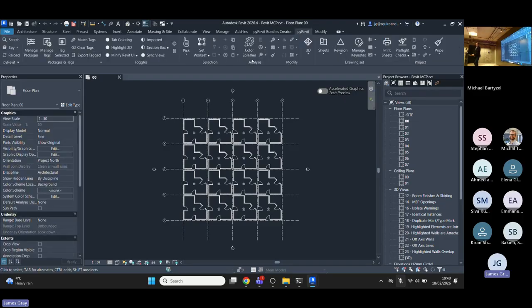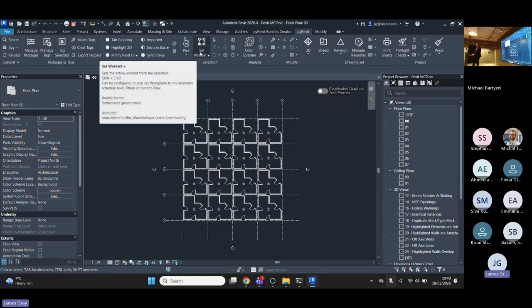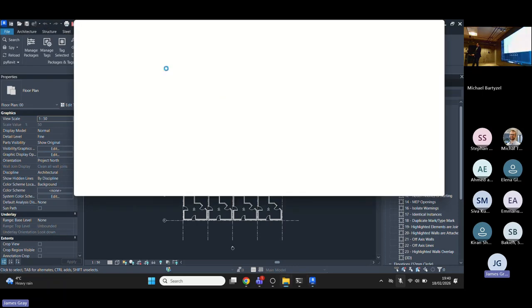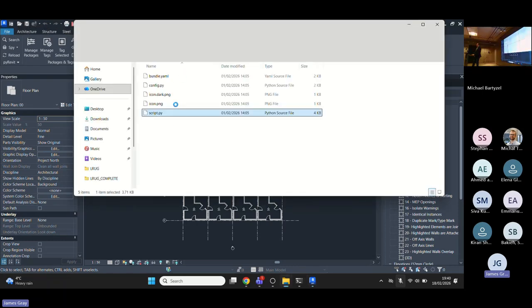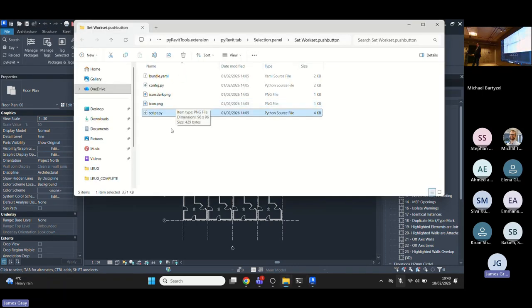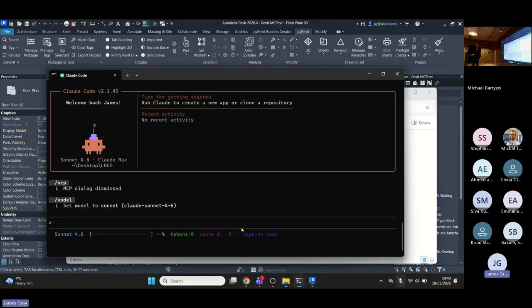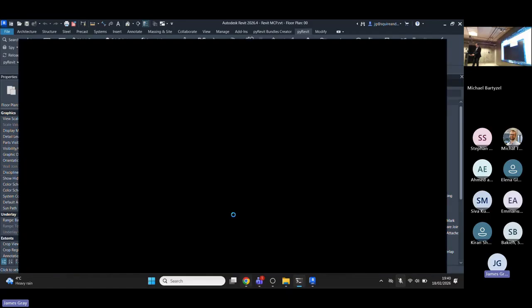I don't know how many of you actually use pyRevit, but it's a pretty good program. It's got loads of cool stuff in there. If you're building stuff yourself, you can hold the Alt key and click on tools, and that will open up the actual folder location of that Python script. Then you can double click on the Python script to look at it, or you can feed it into AI to build. So what we're going to do, first off the bat, is get this to build the scaffold for the